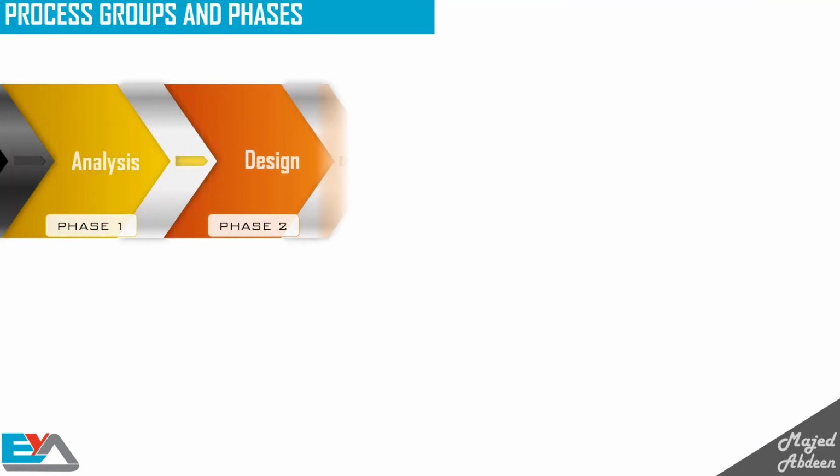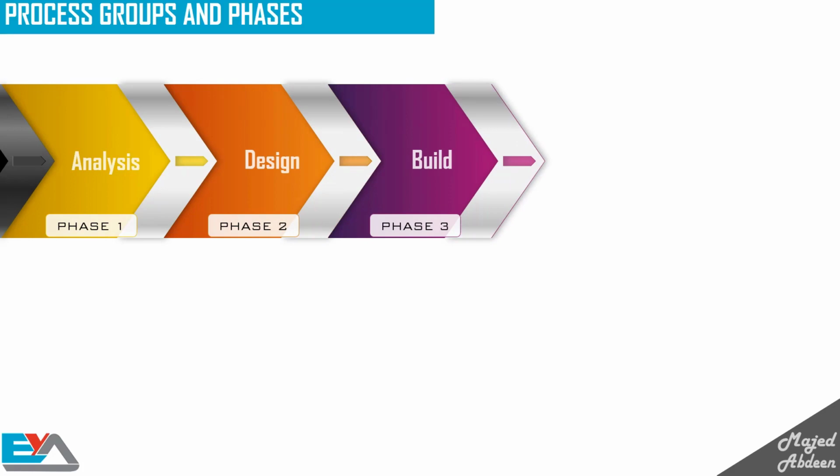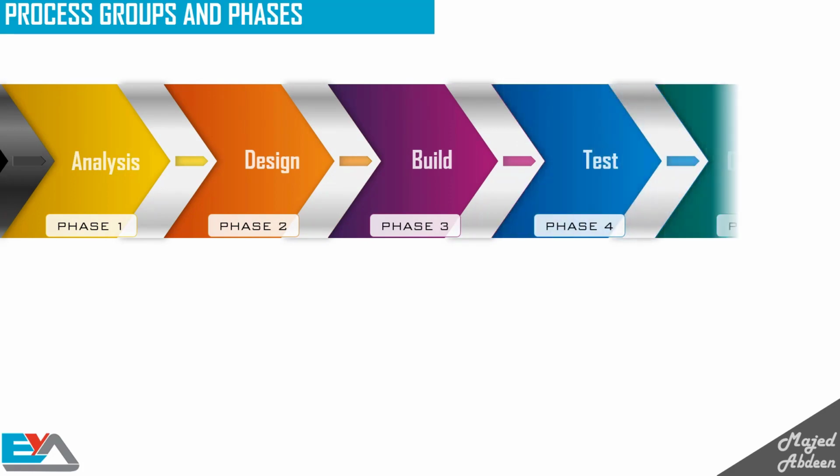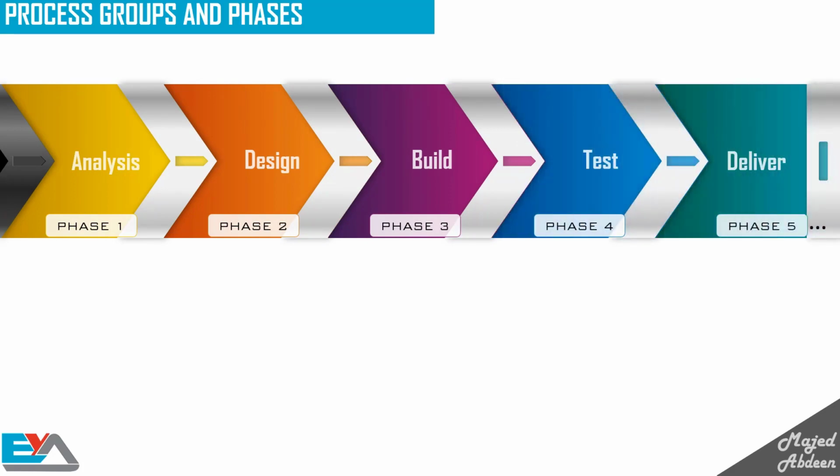Here, you need to understand the difference between the project lifecycle and the project management process groups. Both of these concepts are necessary for completing a project. The project lifecycle is what you need to do the work, and the project management process groups are what you need to manage the work.